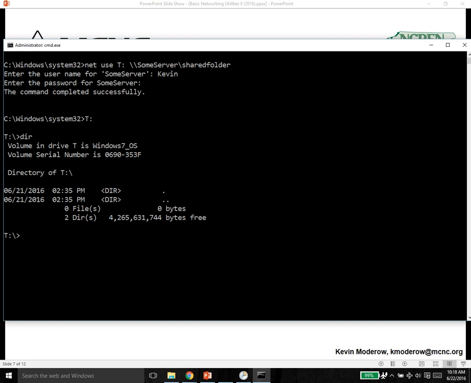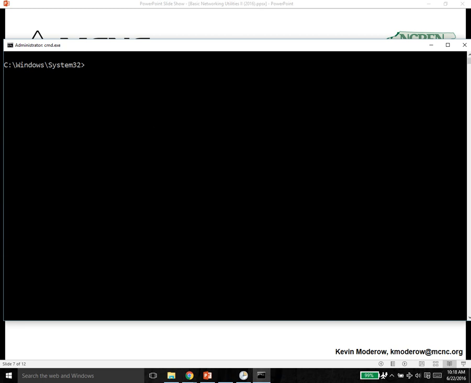And if that requires credentials, we can type in a username and password. If not, if it's sort of like a public share, then we won't get prompted for any credentials. But now I have access to that drive, and the user can upload, assuming they have permissions. Your backup process can complete, and when finished,